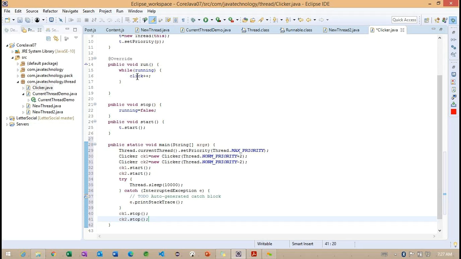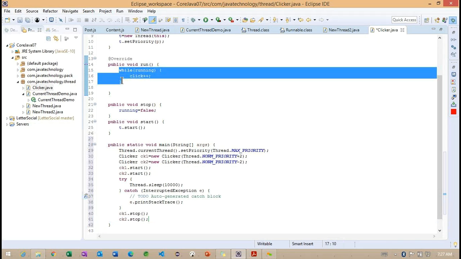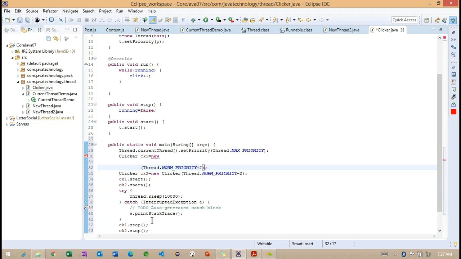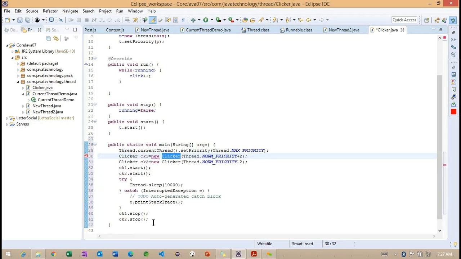Getting the point? Even though this loop is returning false, the threads are not yet terminated. The newly created threads, how many threads we created? These two newly created threads are not yet terminated here. To terminate them, what exactly are we going to do here? Carefully observe. Now, what exactly am I doing here?